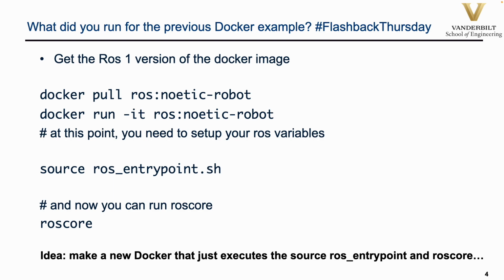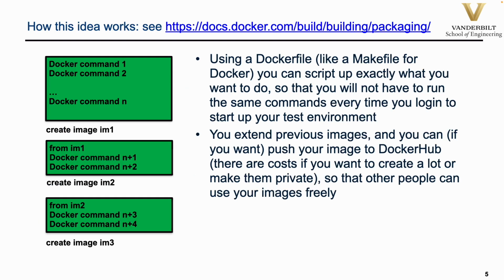So what did you do for the previous example? You did a Docker pull of a specific Docker image that somebody else had created. You ran it, you logged into it, and you said, run the ROS entry point, ROS core. And that gave you a terminal that had a bunch of stuff that flew past that gave you ROS, which was great. So how did this idea work,